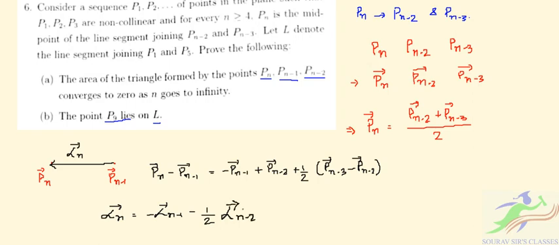So here we have the final result. If we consider the area of the triangle formed by the points Pn minus 1, Pn minus 2,